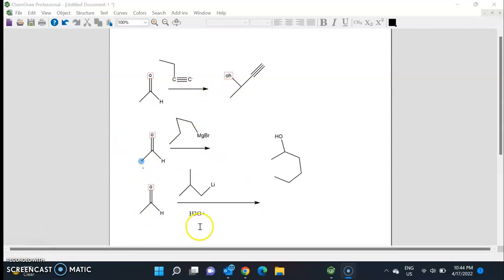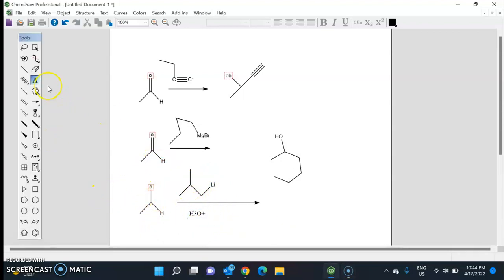So let's try this reaction too. So here we have our aldehyde and an organolithium compound and acid. So this is going to react, and we're going to get our original carbon, which will be right here, and we're going to add,